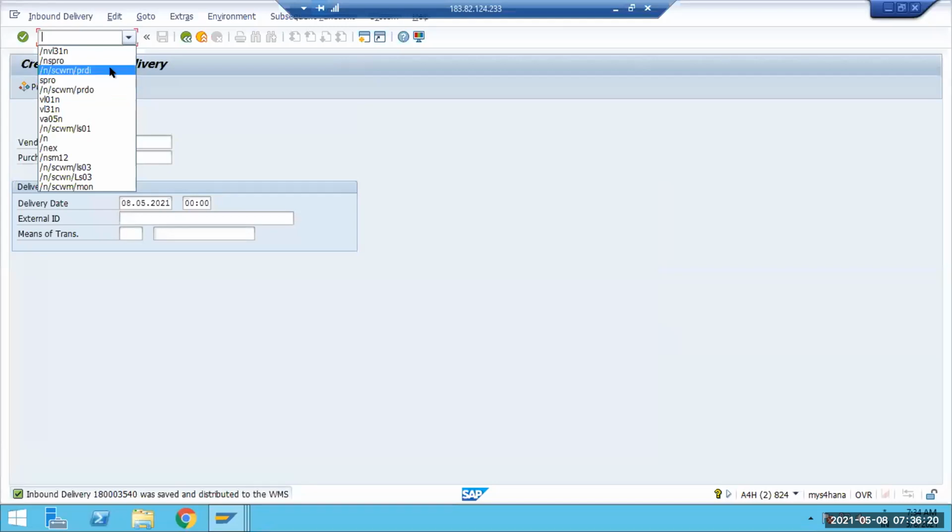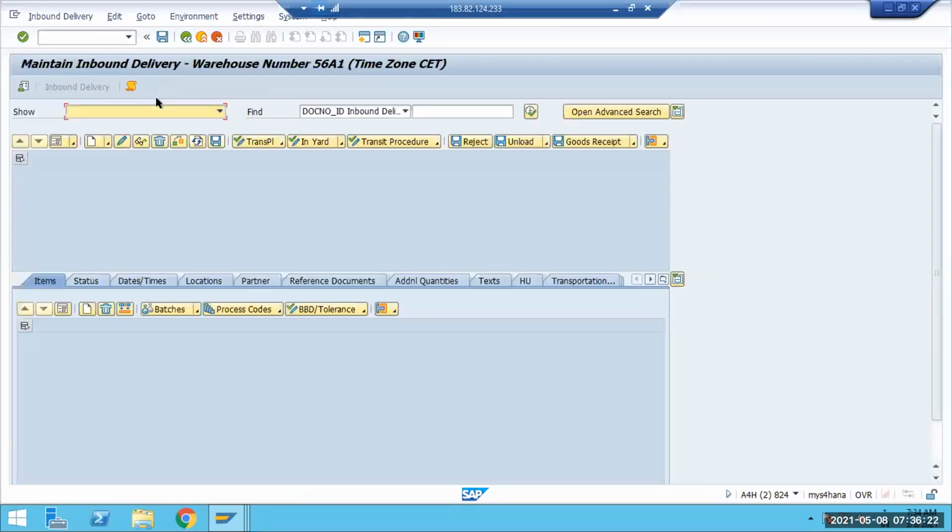Kamala, in one delivery, if you add one material which goes through the LOSC and one which doesn't go through the LOSC, you gave that storage type, right? Correct. So you were telling if it is at a different storage type, yes. Then if I exclude that one, then it will be. But if it is LOSC, I'm just asking you. If for any reason there is a different storage type, we need to group that, and if we assign that group, then anyway this will be excluded and it will not go, right? Yes, that is the key.